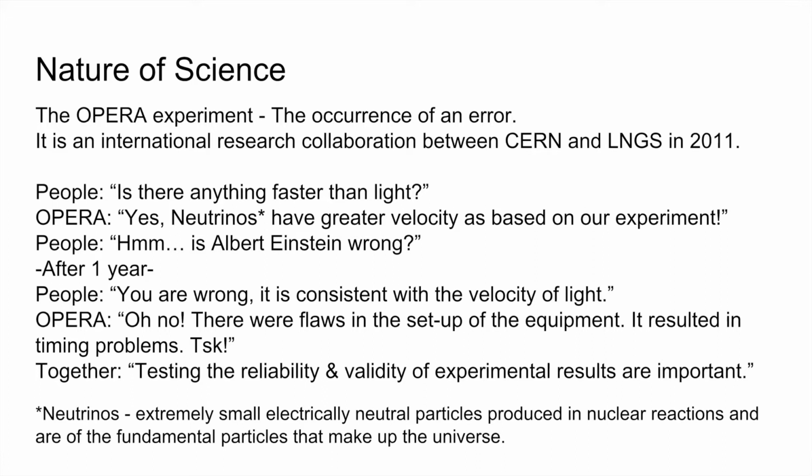Okay, slapped to the face of Einstein that said nothing is faster than light. So for some time, they were really justifying their results. There's no errors, whatever. But recently, they acknowledged that there was an error in their calculation. So a calculation error could mean a change of a theory. If they didn't say that they have a calculation error, then we will accept that neutrinos are faster now than light. But when they took into account all of their procedural errors, they calculated that neutrinos travel about the same